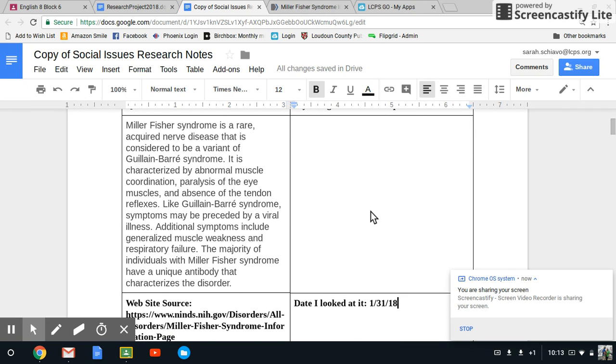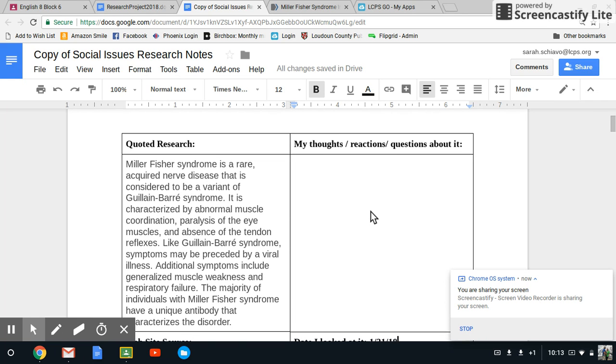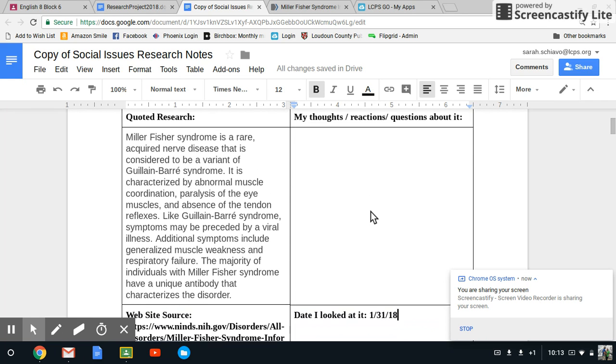This is where you want to put your thoughts, reactions, and questions about it. This box is going to turn into your paragraph. So let's see. This says Miller-Fisher syndrome is a rare acquired nerve disease that is considered to be a variant